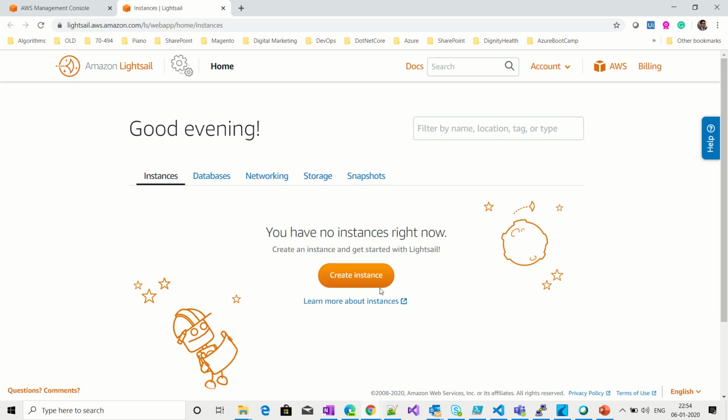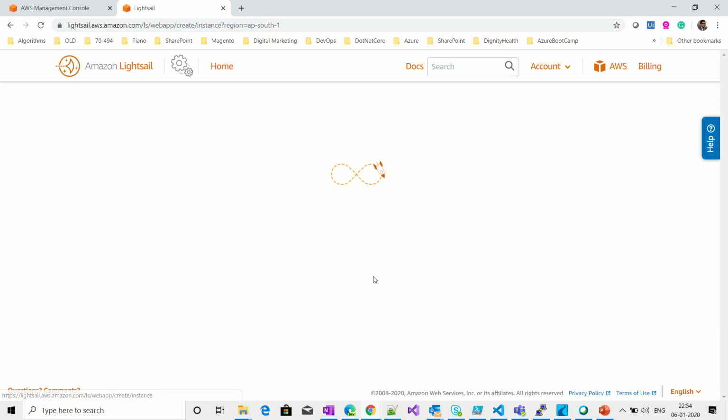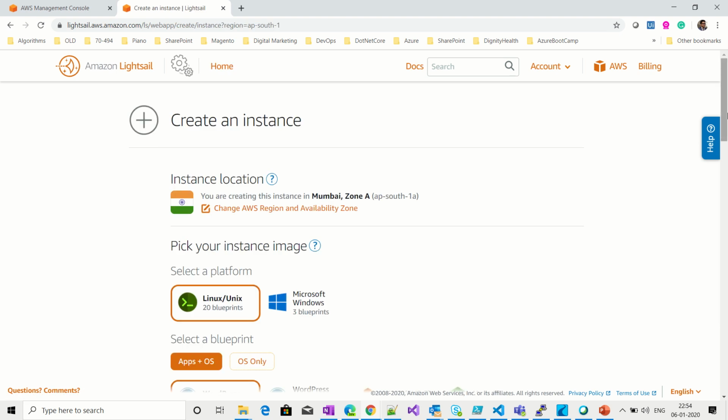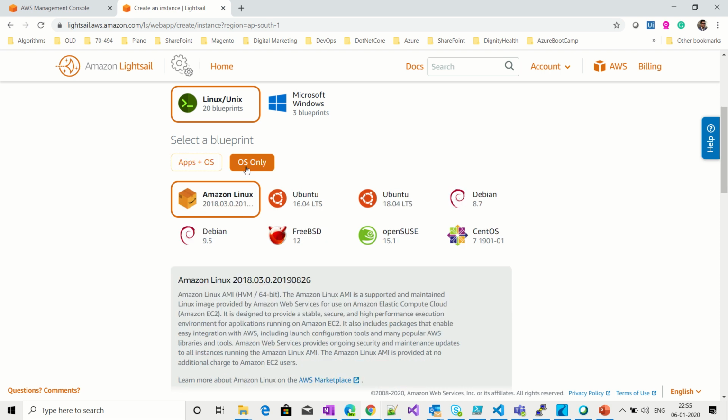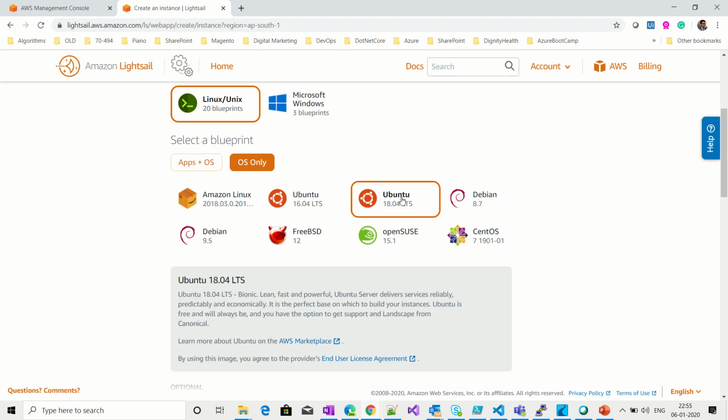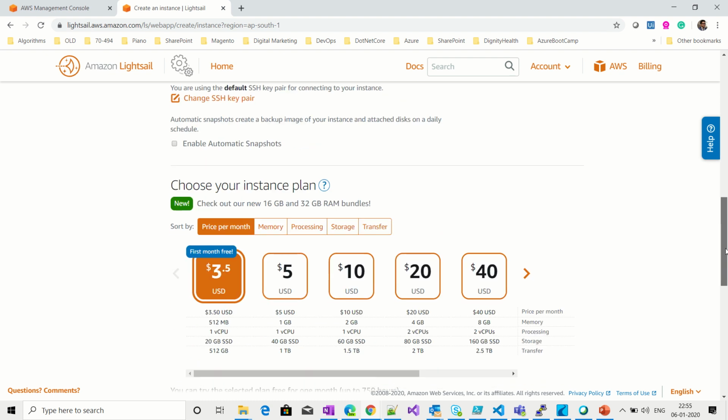So here you can click on create instance. You can choose from a couple of images. There are many images available. You can choose apps plus OS. That means there will be an app installed on top of an OS as well, or you can choose to have an OS image only. In this case I am taking only Ubuntu server 18.04. So let's create one,